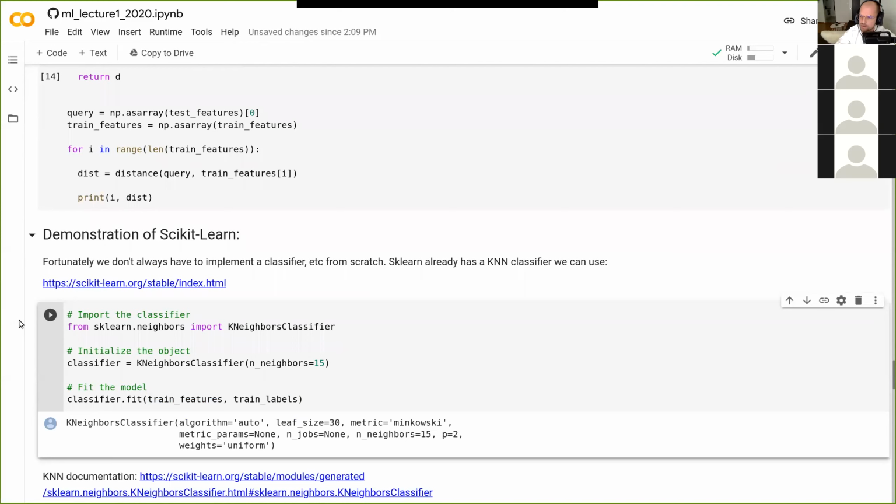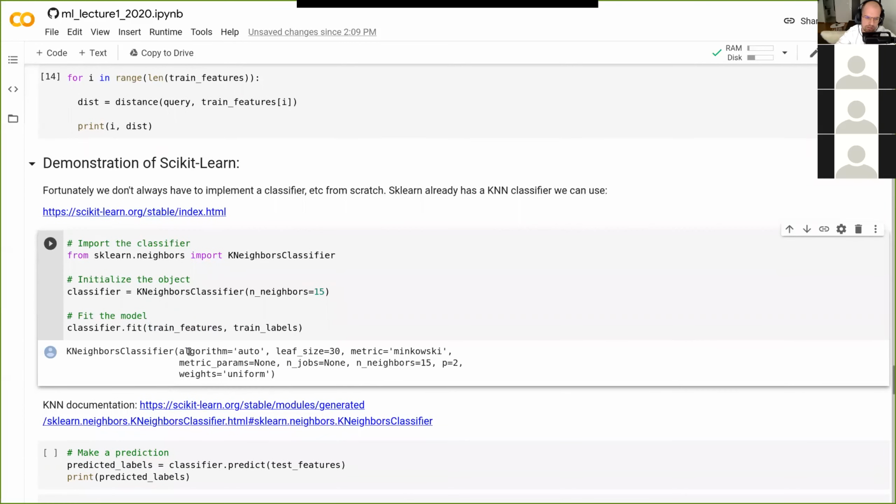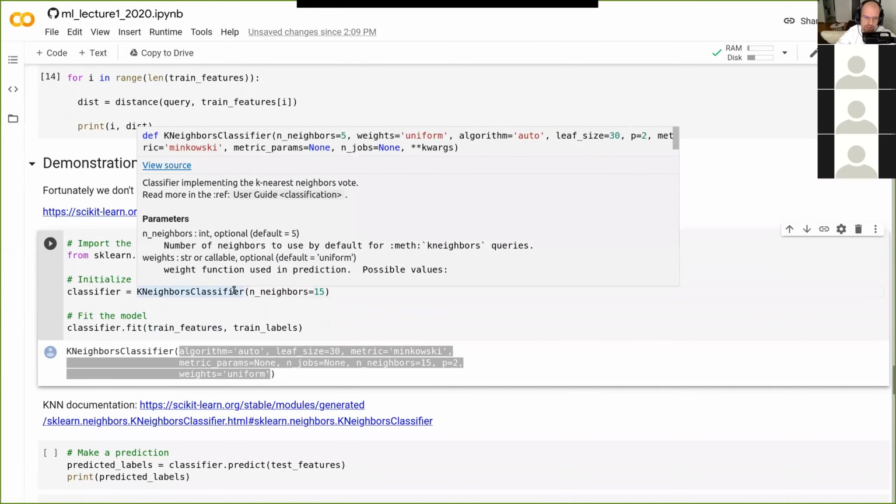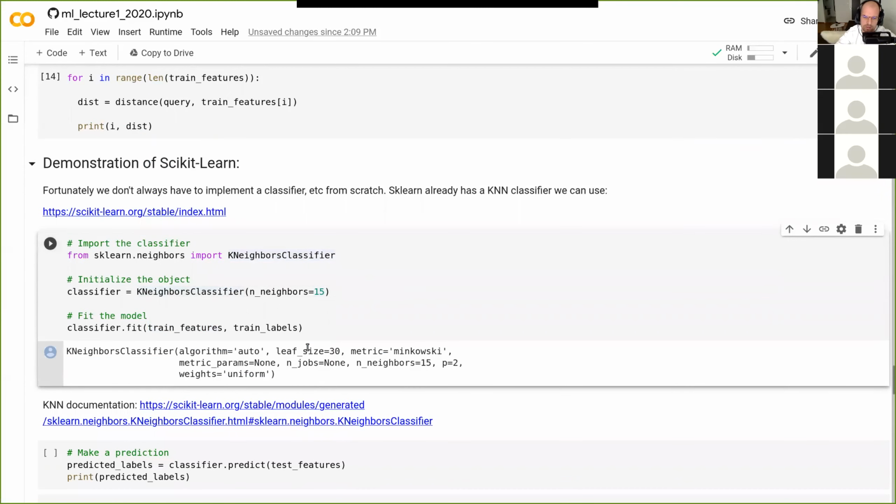So now we actually trained our first machine learning model, and it prints some output with all the parameters that you're setting implicitly. There's actually a bunch more parameters here. You can see that if you mouse over, and you can read about what they do in the documentation. I think the most important for ours is n_neighbors, and then there's this metric, which is called the Minkowski metric.